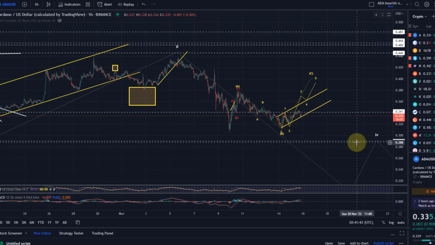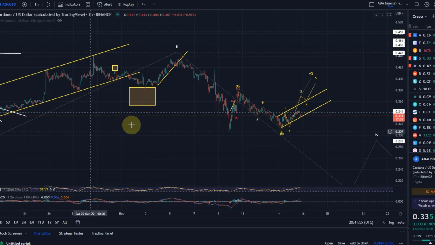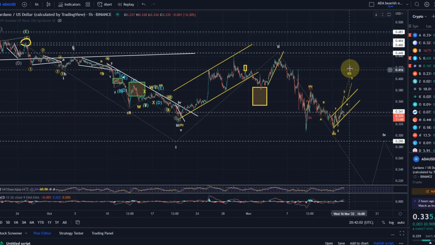An ideal target for me would be the, let's say, 29 to 30 cent level, but it might really also go lower, because many coins have actually dropped below that key level, and ADA might not be an exception here. But what you need to understand is that this is a key support level, that 29 to 30 cent level. And should we really get above that 41.1 cent level in this C wave, then it's most likely not a wave C anymore, and then we could look at something more bullish.